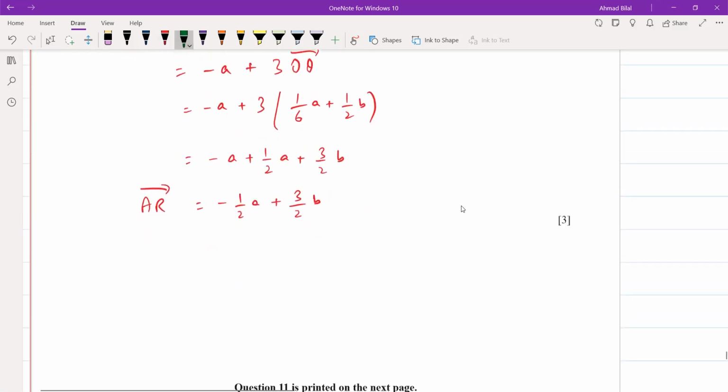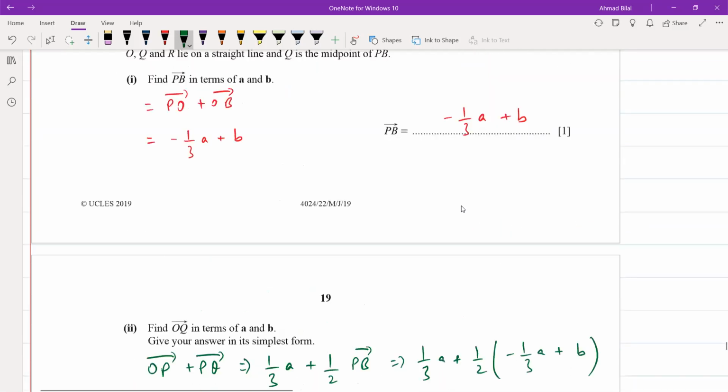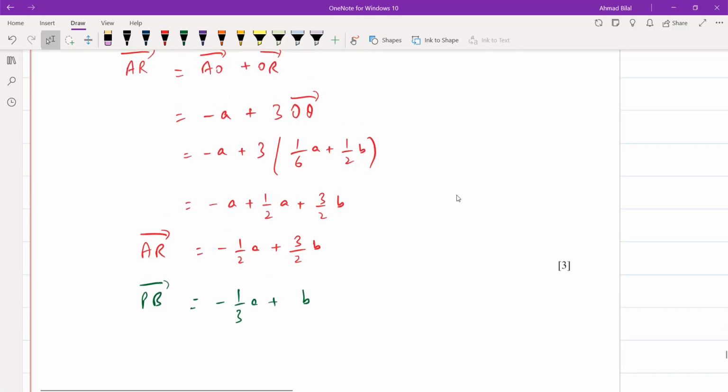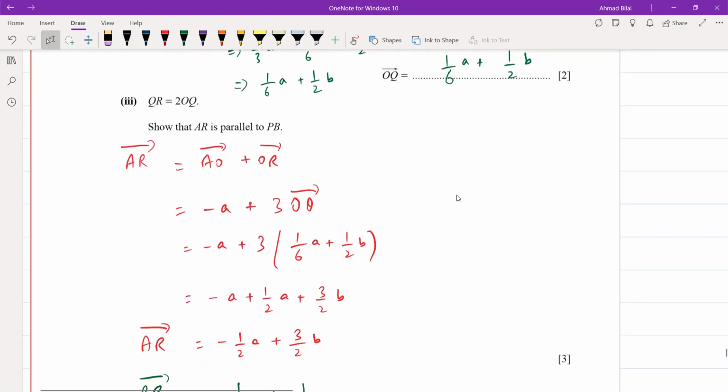So we get AR equal to this, and we have PB equal to, PB क्या था ऊपर, -1/3a plus b, this was PB। दोनों आ गए हमारे पास। अब हमें शो करना है कि ये पैरेलल है, ठीक है। AR हमने फिगर आउट कर लिया,